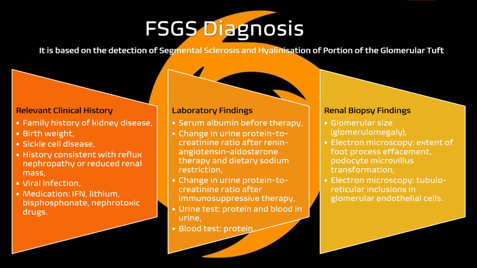So, for example, in the context of clinical history, laboratory findings, and biopsy findings, there is a checklist, if you like, of FSGS diagnosis based instructions, so that clinicians with recipients who might be suspect or high risk can use